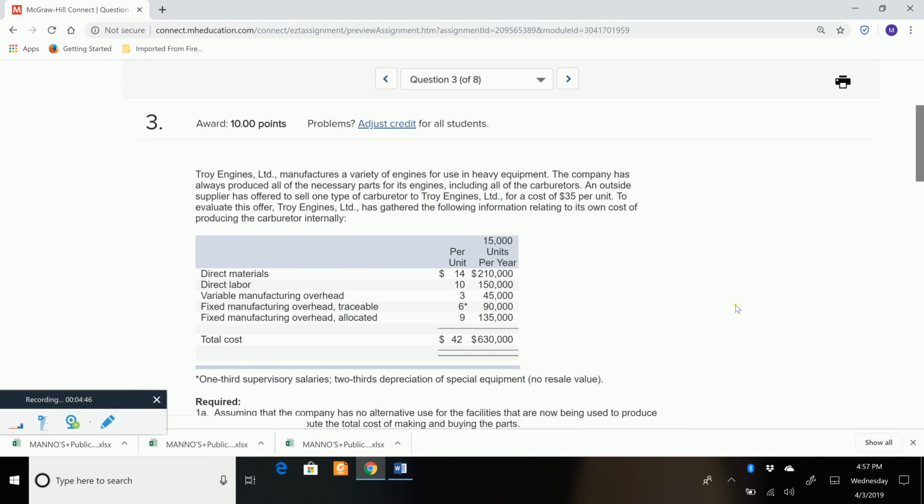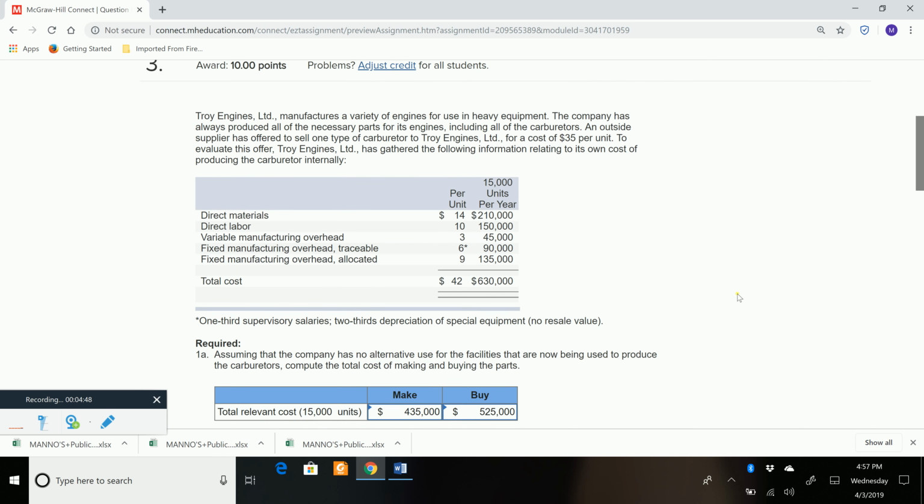All right, next question. We have a company, Troy Engines Limited. They manufacture a variety of engines for use in heavy equipment. The company has always produced all of the necessary parts for its engines, including all of the carburetors. An outside supplier has offered to sell one type of carburetor to Troy Engines for a cost of $35 per unit. To evaluate this offer, Troy Engines has gathered the following information related to its own cost of producing the